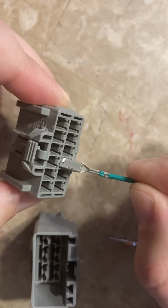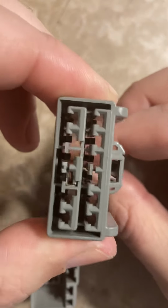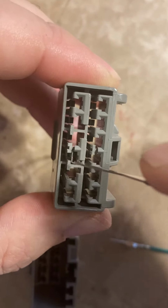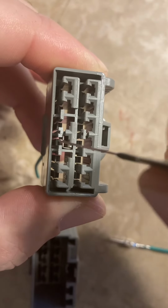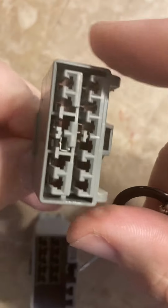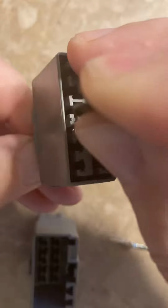So what I'm going to do is pin this wiring, so that wiring is in, it's not going out, and you can see the actual terminal right here, and then down next to it is the locking tab, so you can kind of see it right there. So I'm going to grab a hold of the wire, and I apologize, I'm probably not going to be able to get this on camera very well, but we take this pick, run it down the side of the terminal,